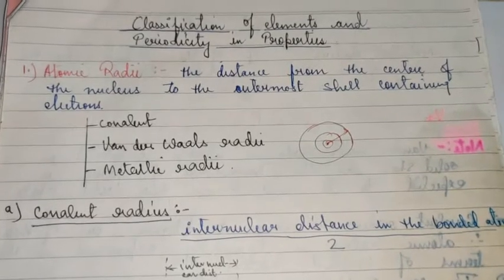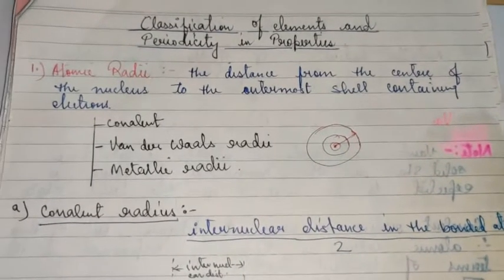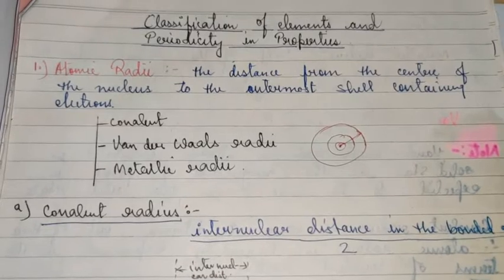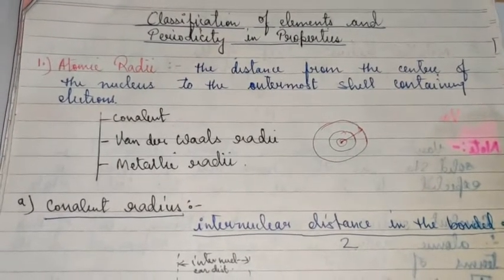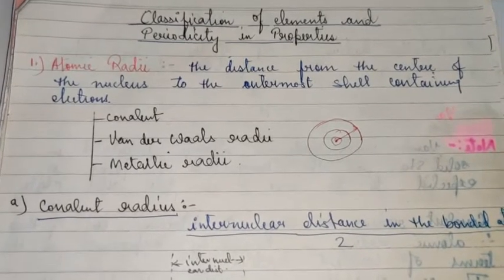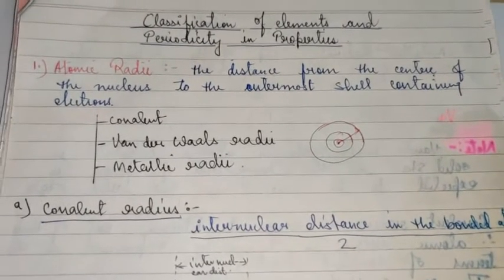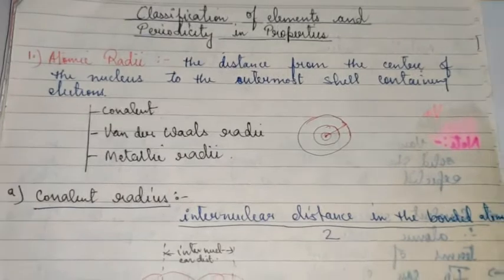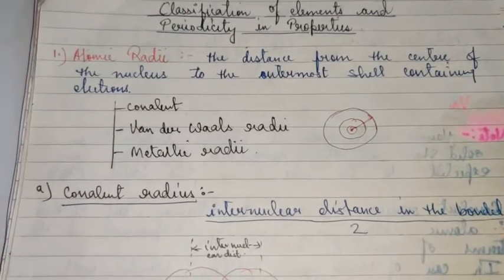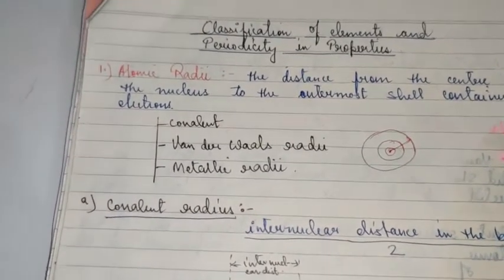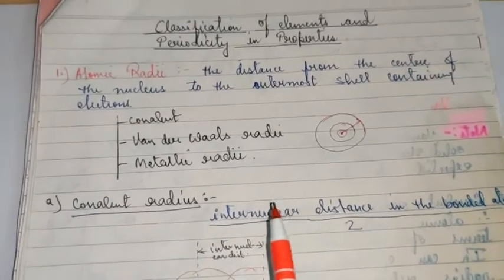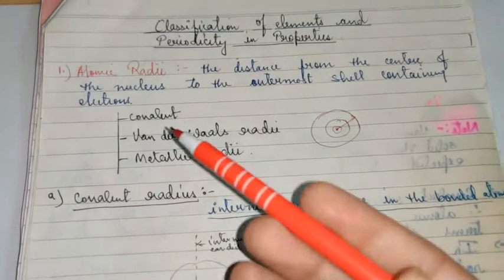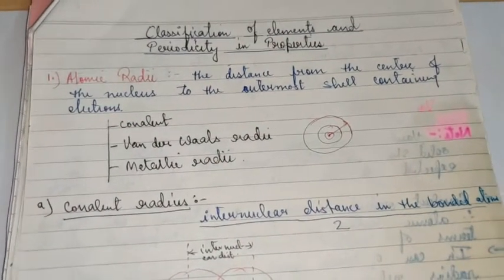Good morning, class 11. In today's session, I'm going to take up another topic of the chapter, that is the periodic properties. And the first periodic property that I'm going to consider here is atomic radii, because there are different types of atomic radius which I'll be taking up today. So before I move ahead with the different types of periodic properties, I'll explain to you the types of atomic radii